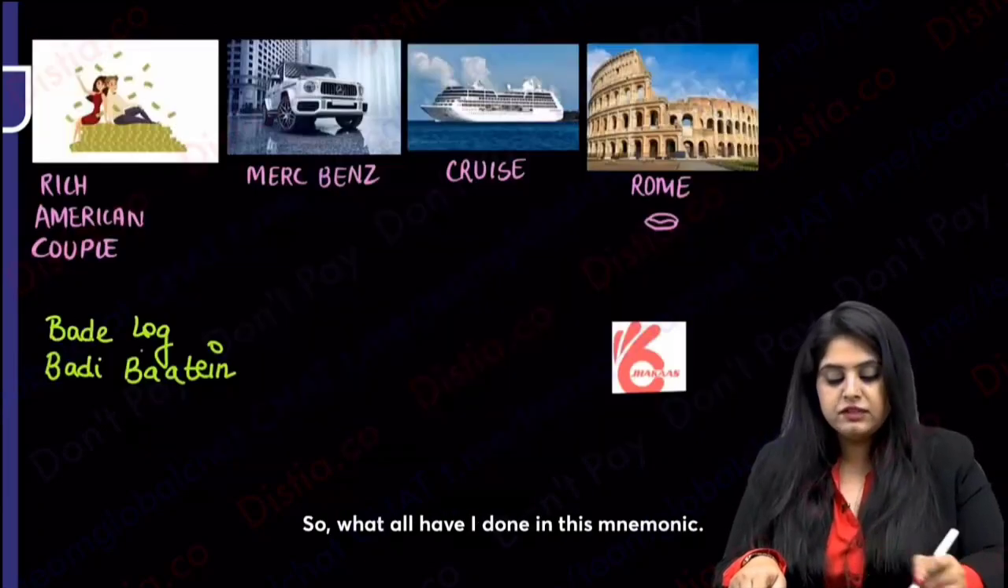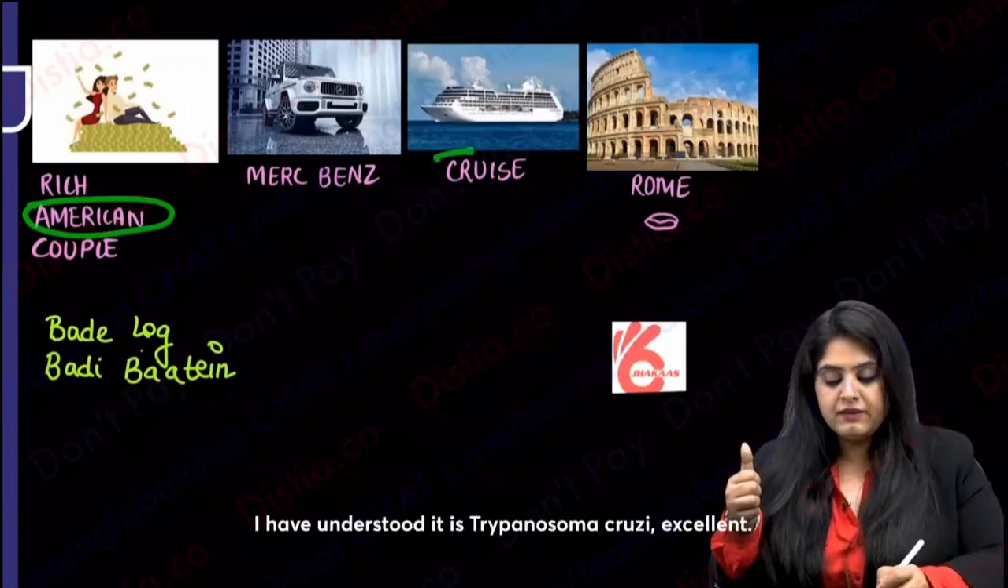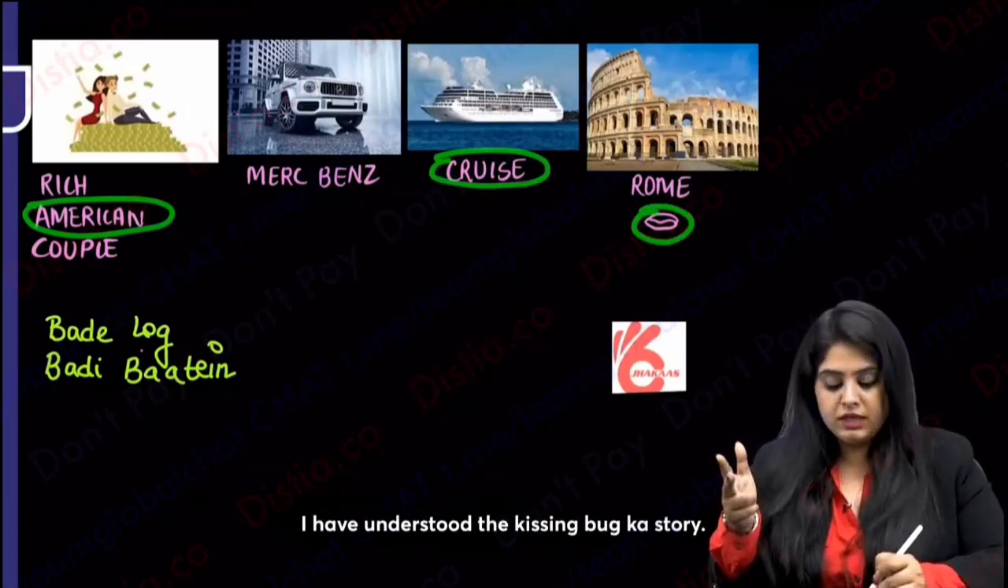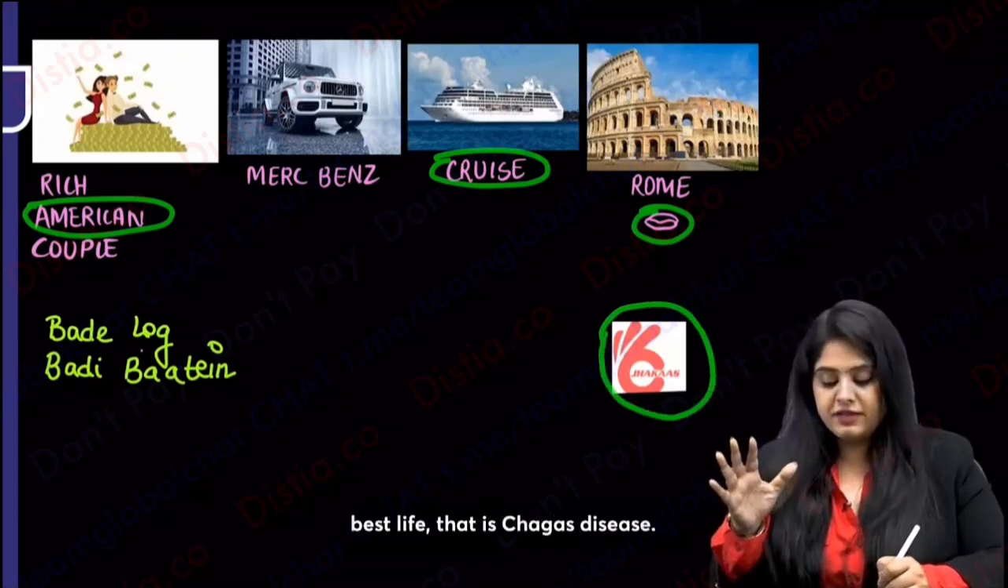Now guys, let's talk about the disease. So what have I done in this mnemonic? I have understood the American, it is American trypanosomiasis, very good. I have understood it is Trypanosoma cruzi, excellent. I've understood the kissing bug story. And now I can come down to this condition, that is, it is Jhaka's life, best life, that is Chagas